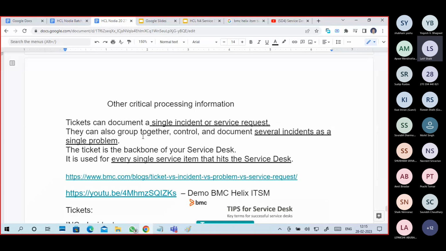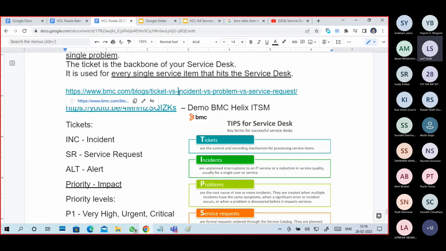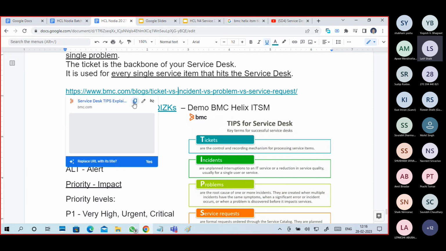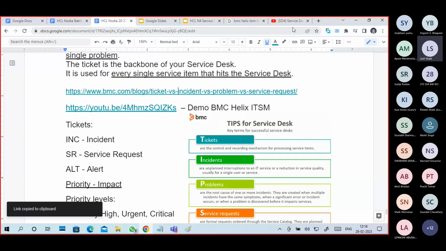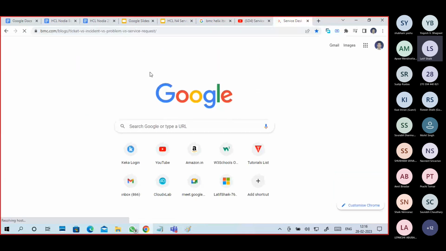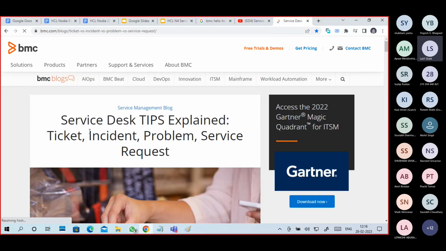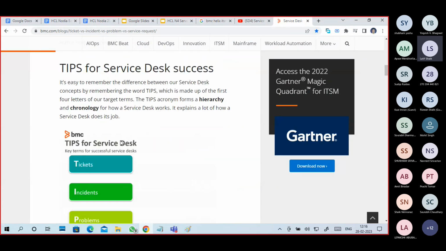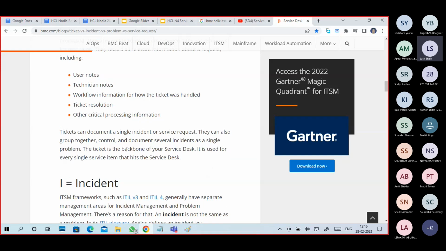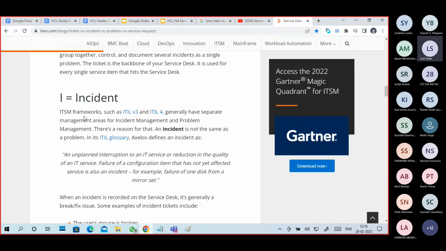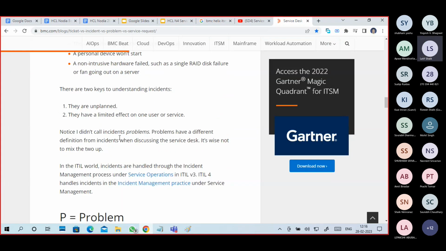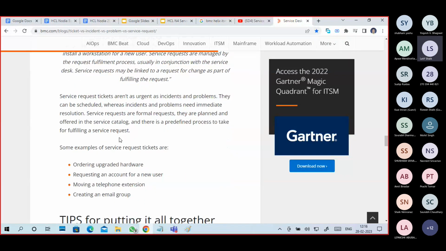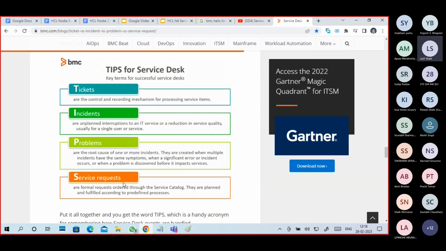You want to read about tickets, incidents, columns. Not only read, compulsorily go through these documents. Guys, there are several resources to know the information. This terminology is always useful, whatever position you are going to take. This is about a ticket, that I only copied. But this is about incident, and next I will tell about incident. This is about a problem. This is about a service request. And these are certain short-term tips.